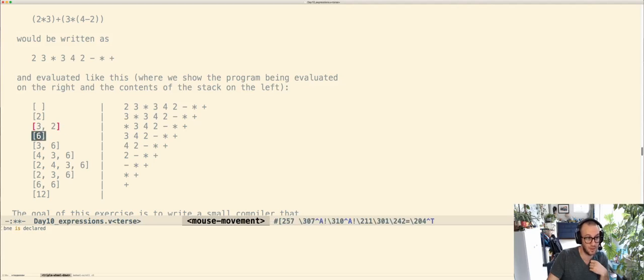So we'll get 6, right? Those two elements of the stack have been consumed and the operation has been performed. We get a new element on the stack. Then we push a 3 on, and then we push a 4 on, and then we push a 2 on,